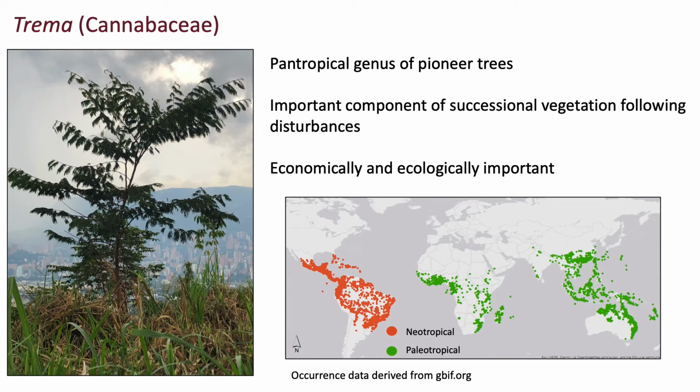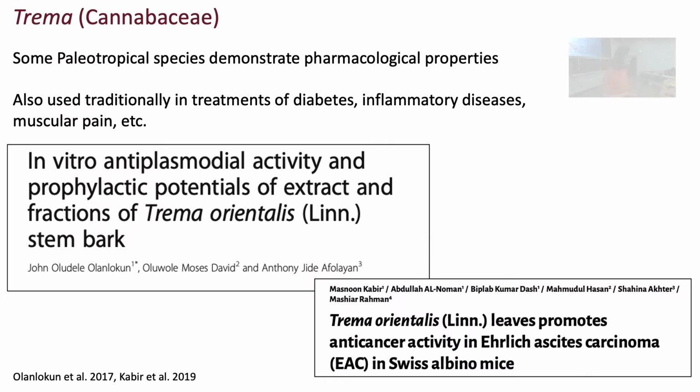So obviously ecologically important because they are a pioneer species, and economically important because some lineages, such as Trema orientalis, which is a paleotropical or Old World lineage, demonstrate different pharmacological properties. So it's been found to have antiplasmodial activity, which can help treat malaria, and also anti-cancer activity, which is really interesting. And traditionally, these lineages have also been used to treat diabetes, various inflammatory diseases, and muscular pain by indigenous